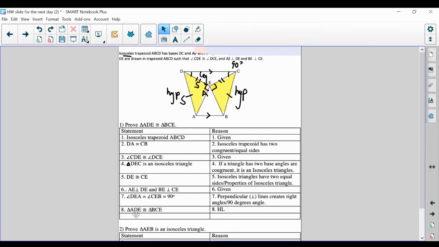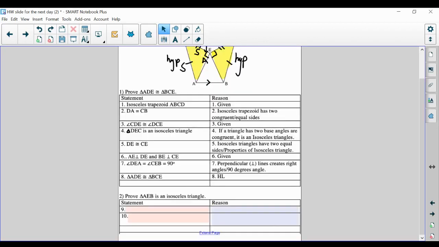Make sure you are corresponding each of the angles. The order matters. We set up HL, not angle side side. Next and last, we have to prove that triangle AEB is an isosceles triangle, which is the pink triangle that I just made. Triangle AEB. Based on what we have done before, we proved the two yellow triangles are congruent already. AE is congruent with BE. These two sides are congruent